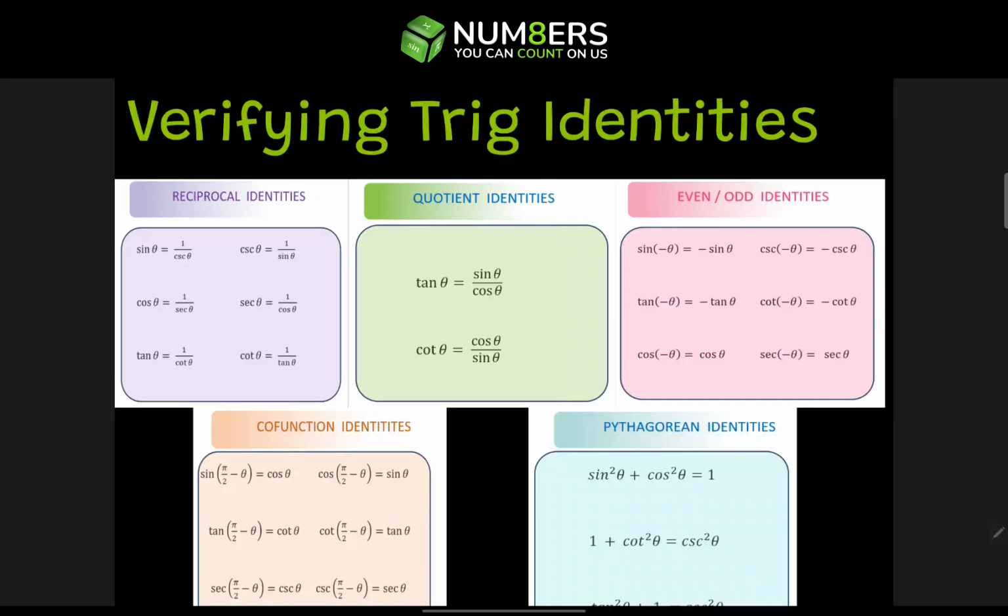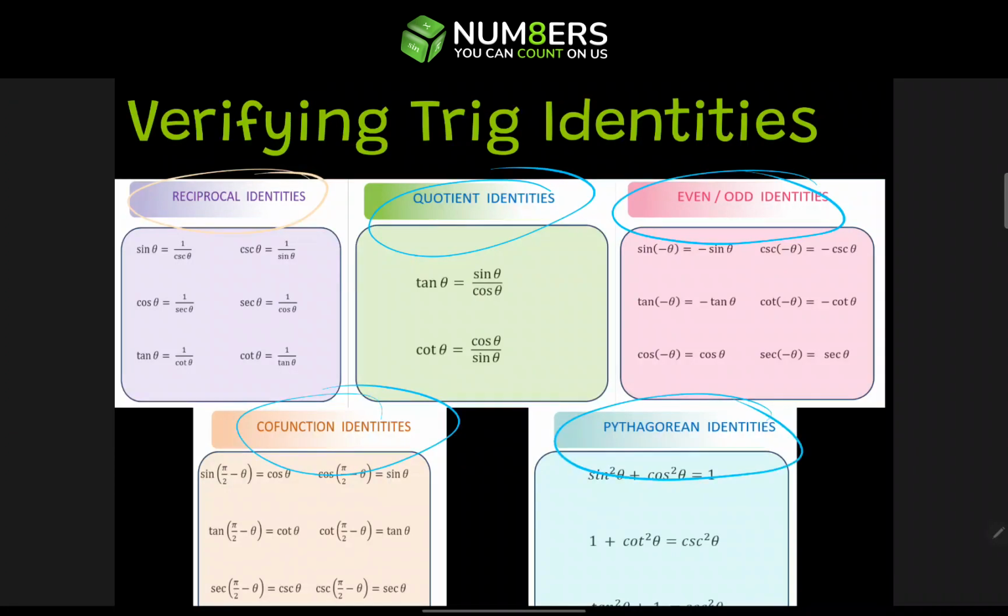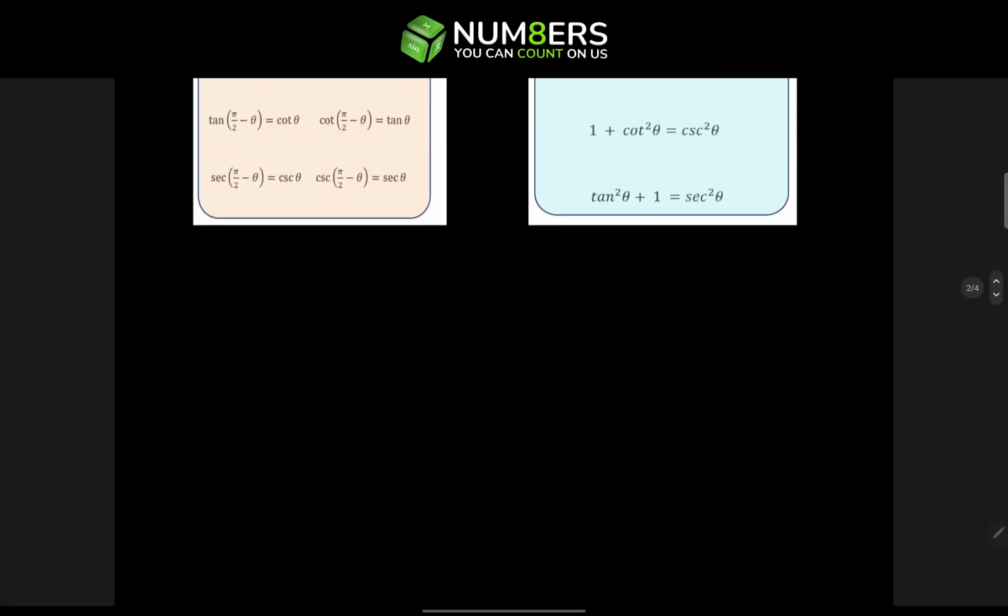In this video we're going to verify some trig identities by using these five identities right here: reciprocal, quotient, even-odd, cofunction identities, and Pythagorean identities. So let's start by looking at some examples and simplifying them and verifying that the left side will equal the right side. The first one I'm going to start off with is tan of x times cotan of x